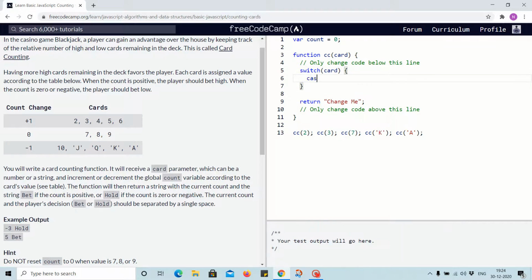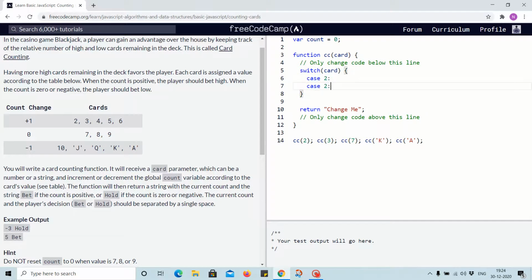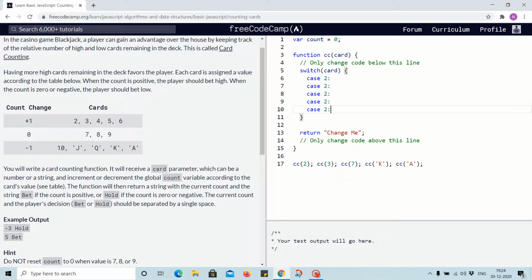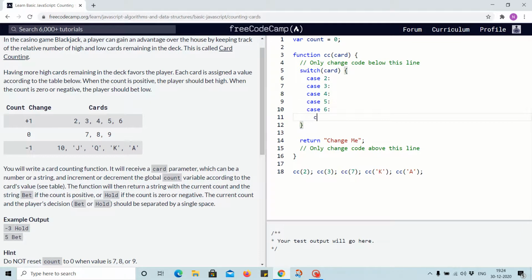In case of 2, 3, 4, 5, 6 we have count plus plus,